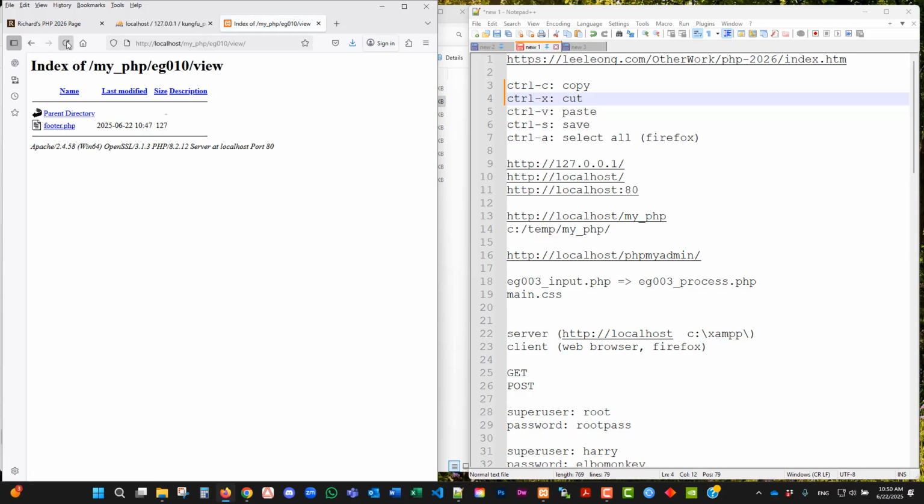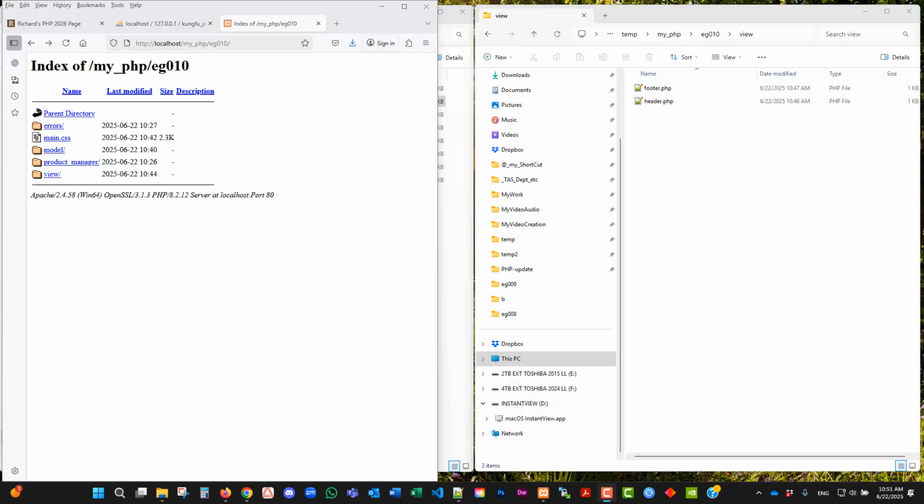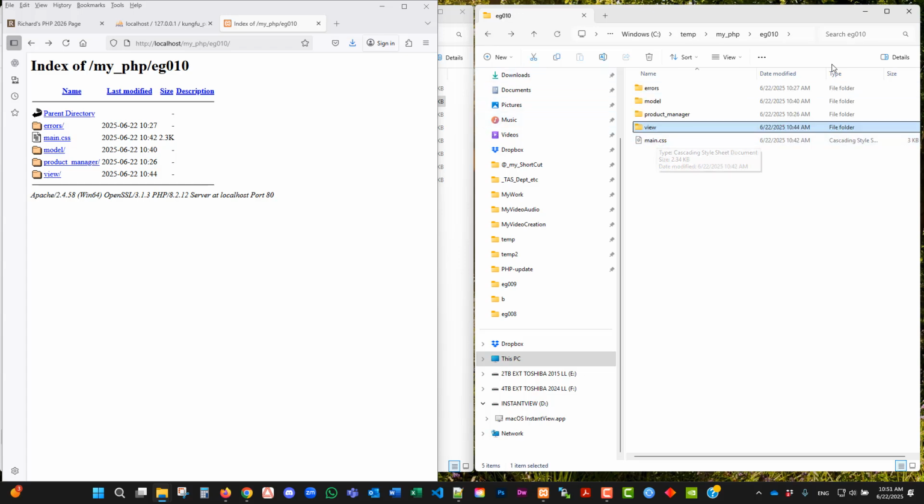Let me reload. Two files in view. Okay, so if you look at it here, we have two files in model and two files in view, and we have the main.css here. Okay, so we're good. And in the next video, we are going to